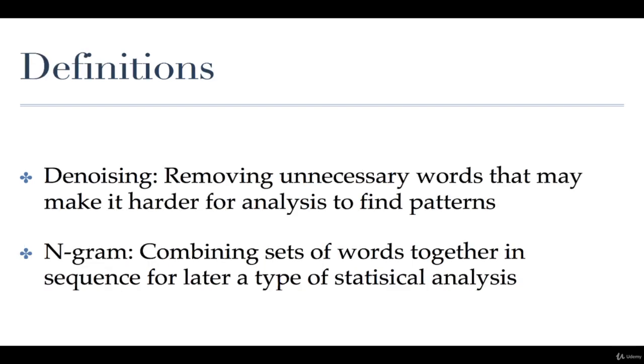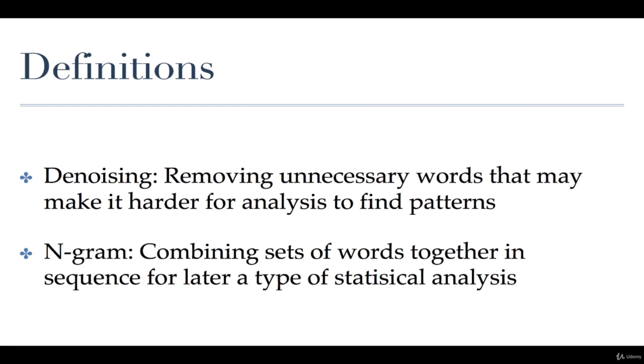So what are our definitions? First, what is text denoising? Basically, text denoising is removing words that are super repetitive or exist in so much of the English language that they render themselves basically useless for analytics. Words like the, is, they occur so much in language that they create noise when we try to analyze things, because all of those words are so common that they keep the things that are less common from coming to the surface as much. So a common thing with natural language processing is to do something called denoising, which is removing very common or